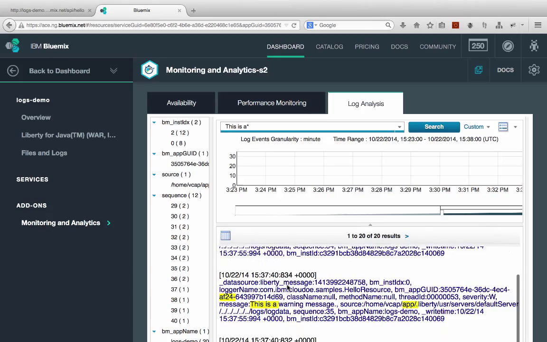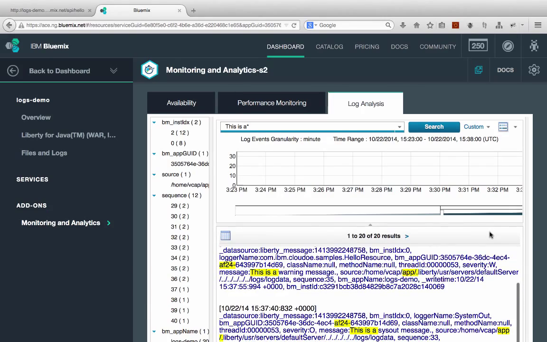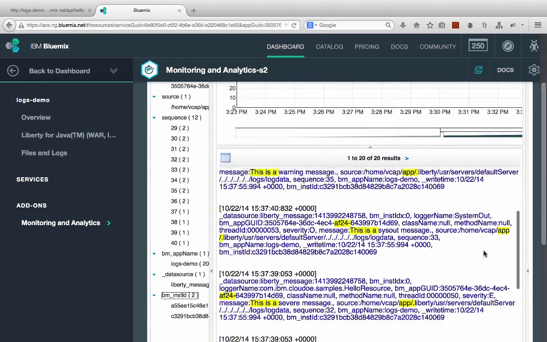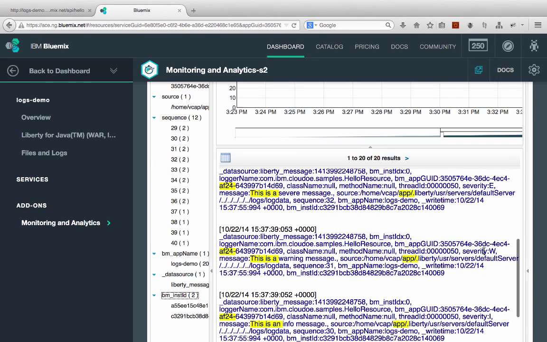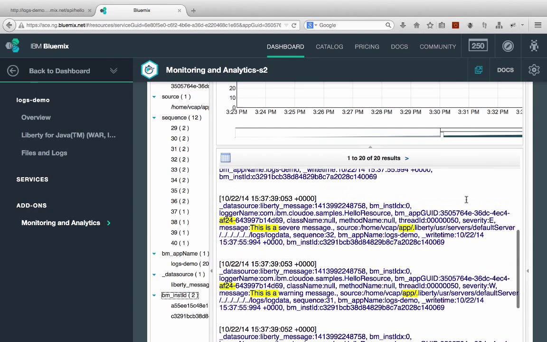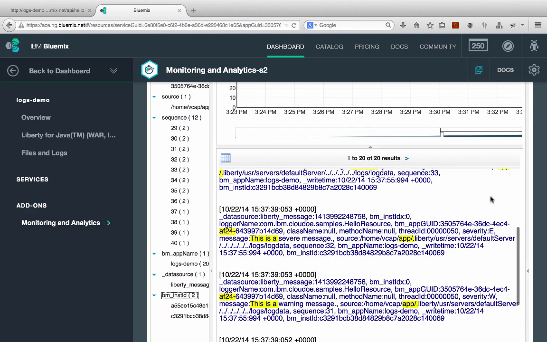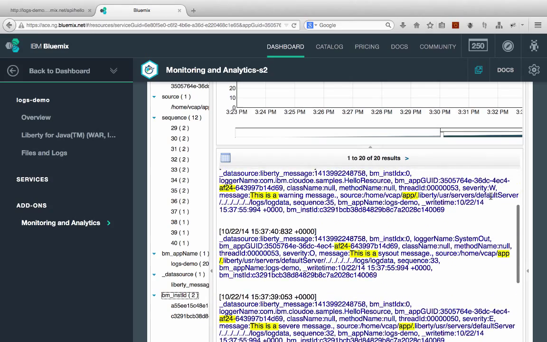So this logging service is very useful. It's a great start to capturing log files, and for any application that you have that might be running for a longer period of time, something that's more than just a development app or an app that's under development, I suggest that you at least add this service to your application in order to capture the log files and persist